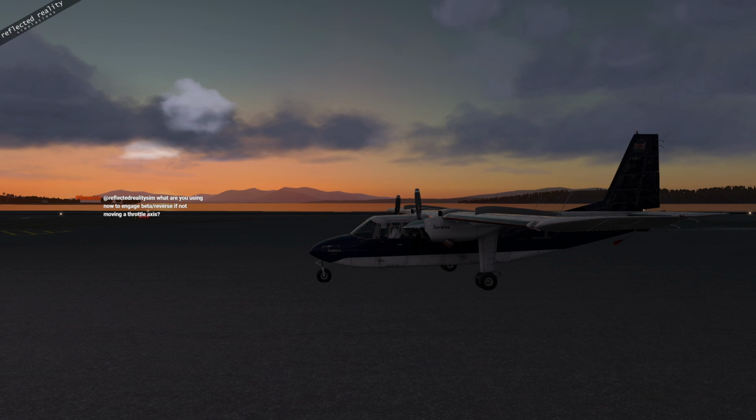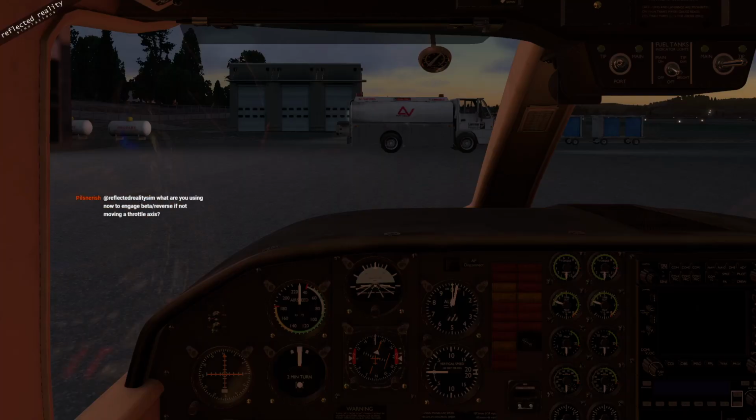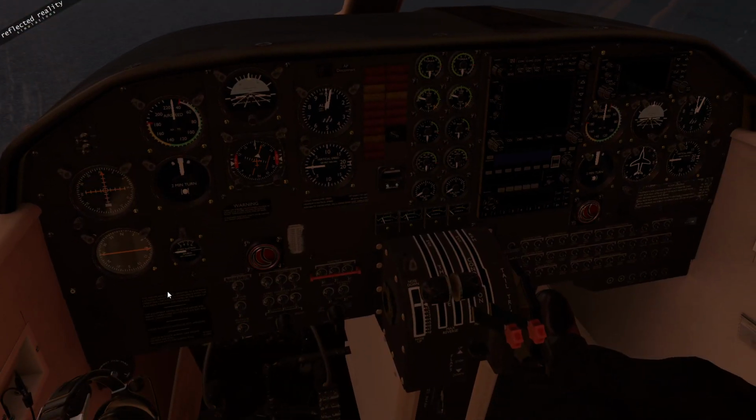What am I using now to engage beta if not a moving throttle axis? That's a good question. So let me go in and I'll show you how that works, Pilsner. There's the toggle, I've got toggle reverse and toggle beta. Okay, so in normal position, that's my lever going forwards and coming backwards. If I push toggle beta, it doesn't do anything initially. So I've got to toggle reverse, and now as I push my hardware throttle forward, the reverse increases,